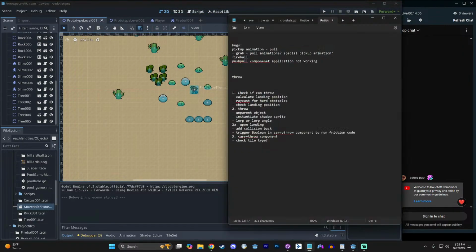So that's one thing. I don't need to do that immediately, but that'll happen somewhere in this function. And then I'll do this reverse stuff, whatever I'm doing for picking up, I'll do the reverse of that. And then the idea would be, once it actually lands, we want some sense of momentum. We don't want it to just stop in place. So we want some sense of momentum, and that I think can just be